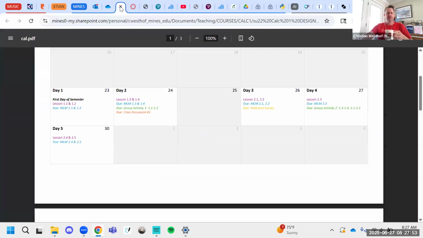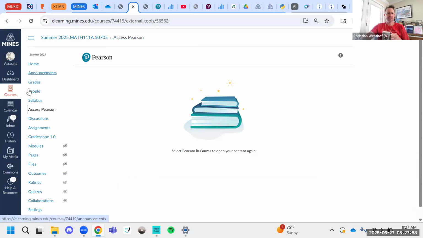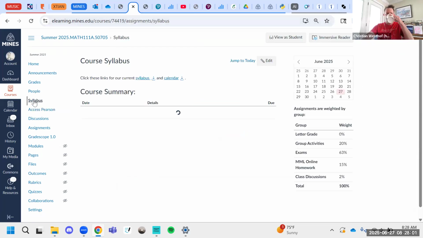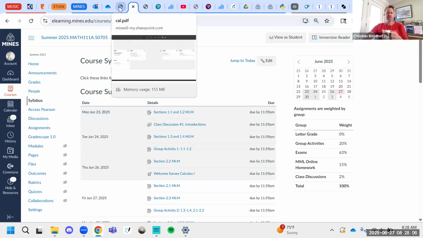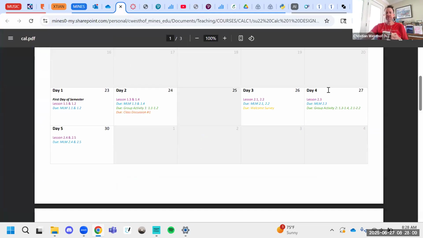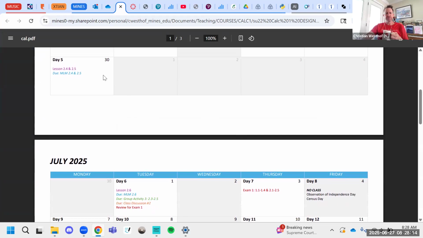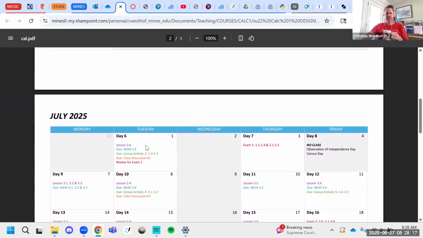I also wanted to look at the calendar here, which again is on the syllabus page. So today's day 4. If you look ahead to next week, we have some things happening Monday, and then Tuesday again. The exam is going to be Thursday, day 7. Some of those days are not yet published in Canvas. When you click on the days, it might be inactive. That's just because they haven't been published yet, but I am